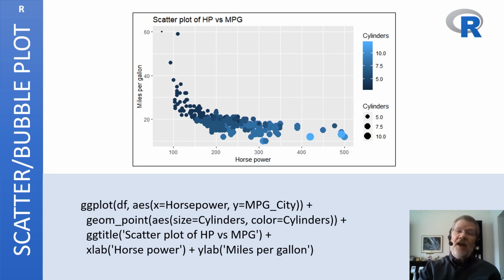Moving on to scatter and bubble plots, the R example isn't too bad after having seen the ggplot syntax before. This is similar to the earlier R scatter plot example we saw, with the addition of basing marker size and color on the number of cylinders. Here, R also automatically generates legends for both the colors and bubble sizes.